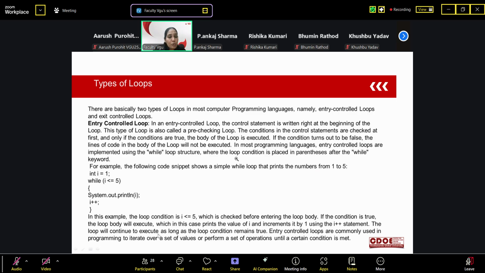The loop will continue to execute as long as the loop condition remains true. Entry control loops are commonly used in programming to iterate over a set of values or perform a set of operations until a certain condition is met. As the condition is fulfilled, like I value will come to 5. So 5 is equal to 5. When I value will be 6, this condition will be false and the loop will come out of